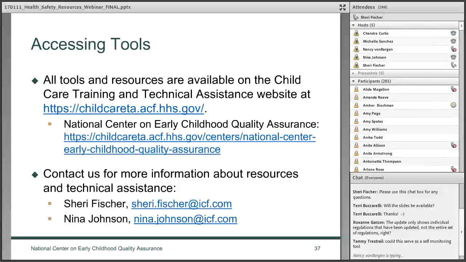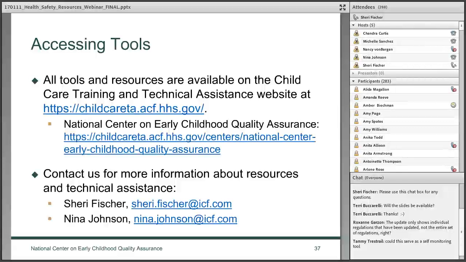This is the page to our Quality Assurance Center website. And then, of course, if you have questions about resources or technical assistance, you can contact either Nina or I to ask additional questions.